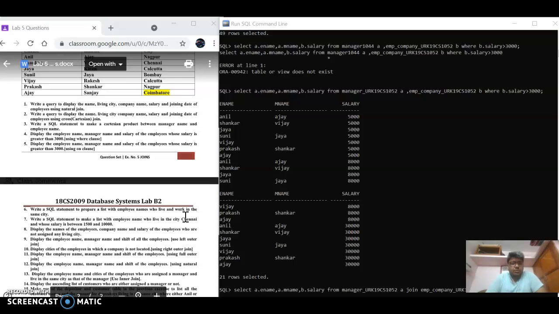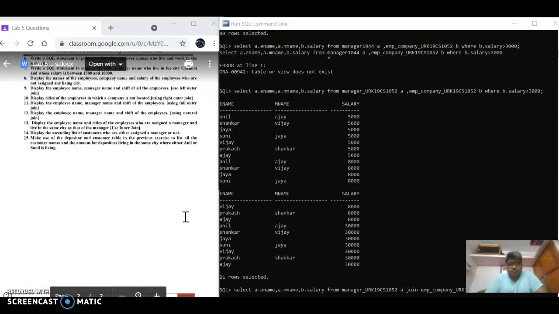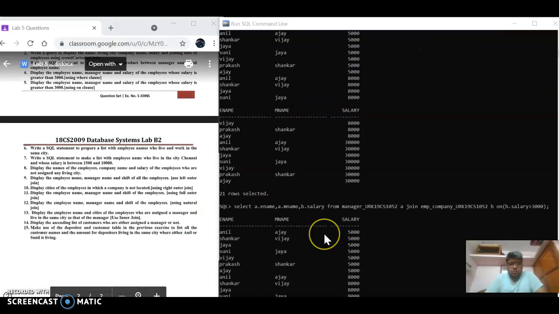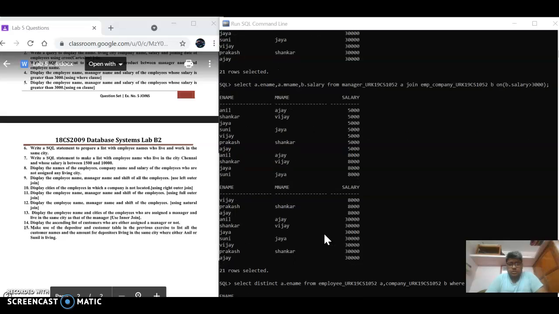And coming to the fifth question: display employee name, manager name, and salary of the employees whose salary is greater than 3,000 using the on clause. So this is that statement using an on clause here. So this is that output.